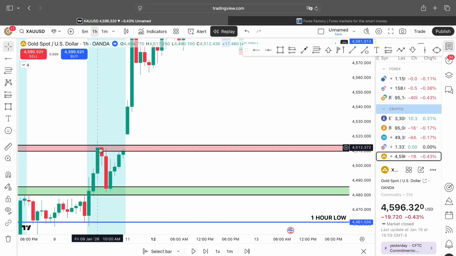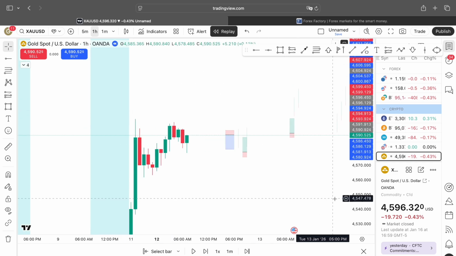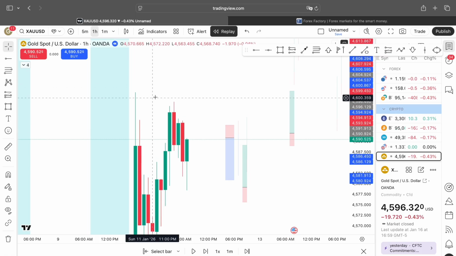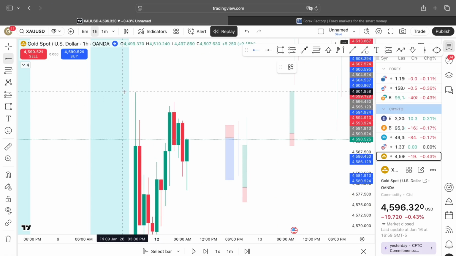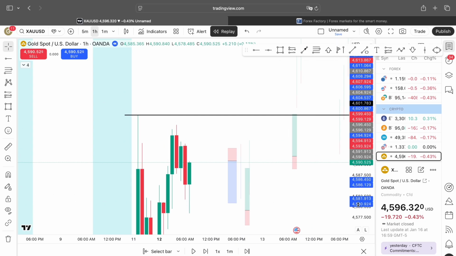Why is that? Because this candle, the 10 a.m. candle from Friday, was the all-time high, right? Until price closed above it on Sunday, right? Once that happened, price kept pushing up. And now this is the all-time high, right? So all we have to do, let's go ahead and mark this up so we know. So now the good thing about this is we know we have space to move up, but